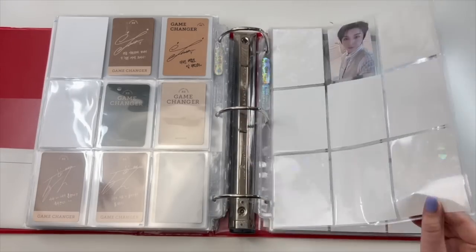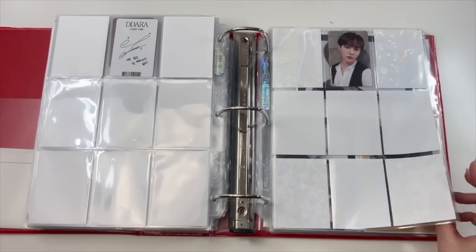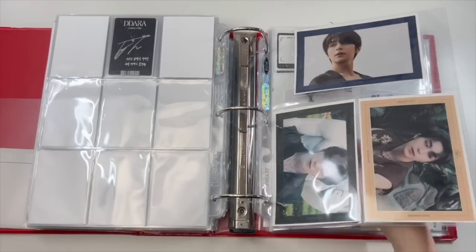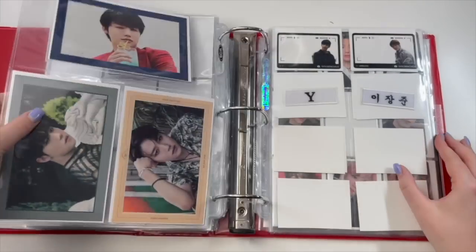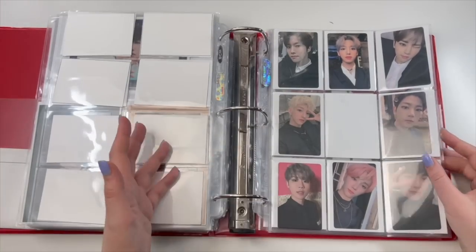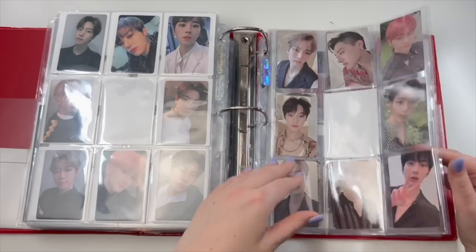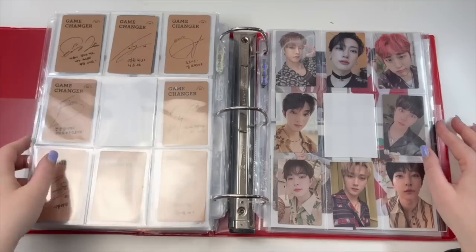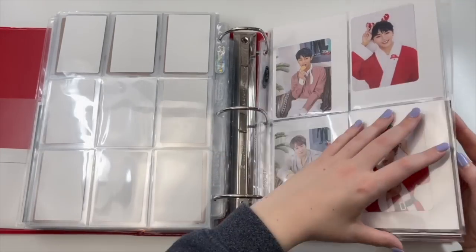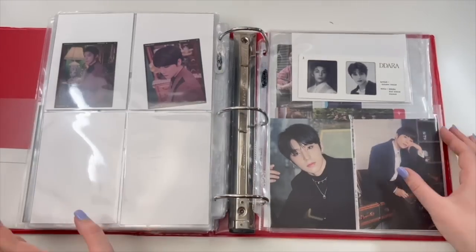But yeah, I would like to finish Game Changer and Dada. I don't know how easy or difficult that's going to be at this point, but I would like to finish what I've started and then kind of reassess. But I definitely don't want to get rid of my Golden Child collection because I love them so much. I love their music. The group is so great, but it just became a lot for me to collect them. And I just had other higher priority groups, and I just hate that. I wish I could collect everything for everybody all the time, but I just